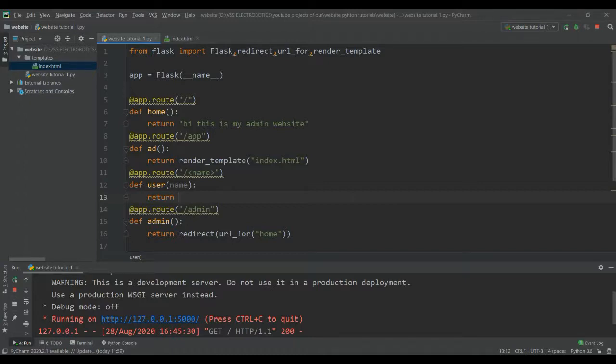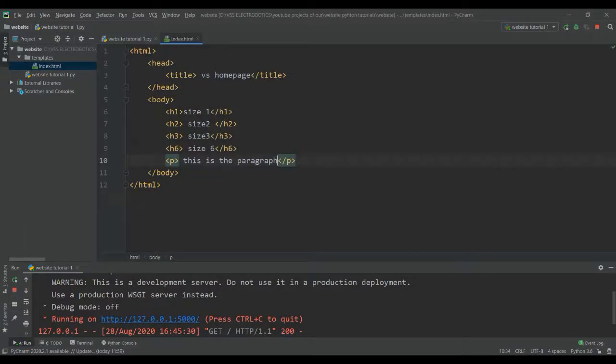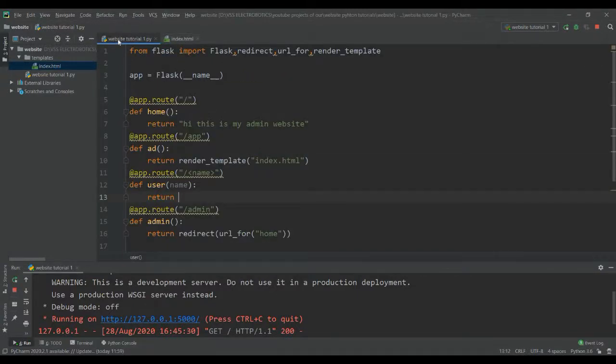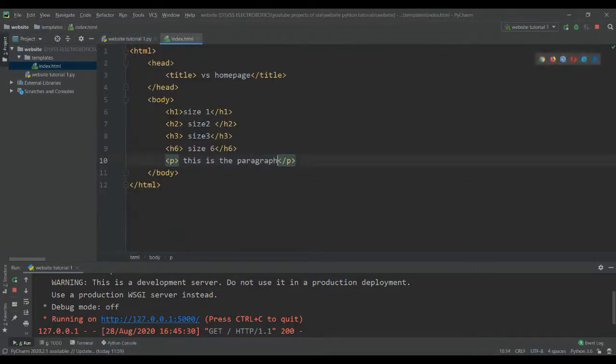If you are giving a name in the website, the name should go to the index HTML, and it should also be placed in the website. So first let me get here, the paragraph. I'm making two curly braces here. Why curly braces, you can ask?